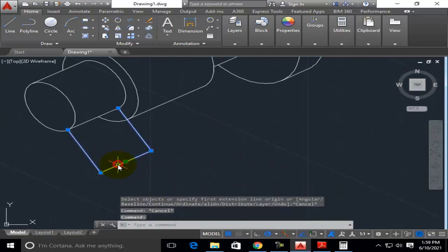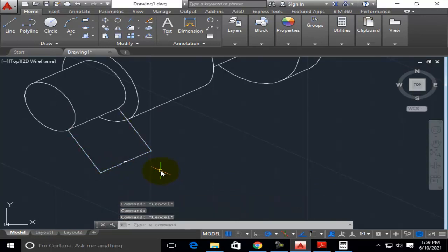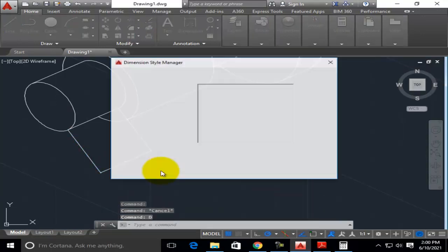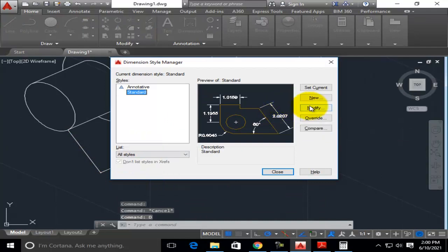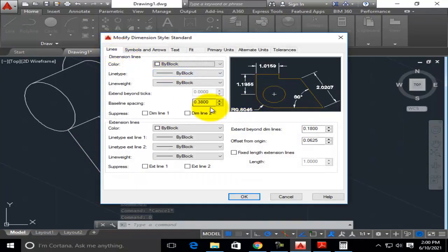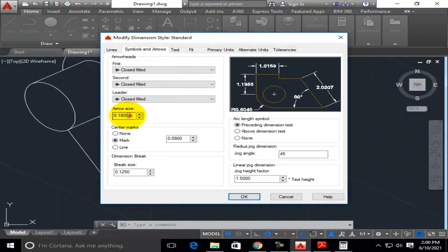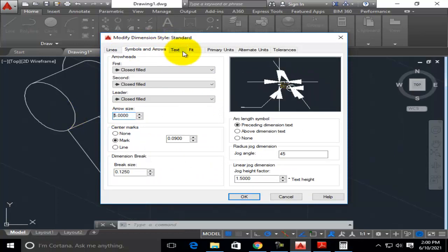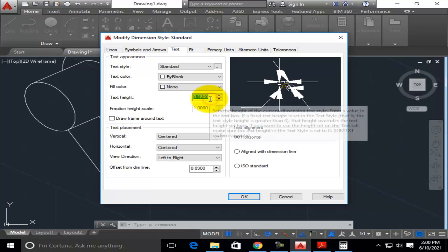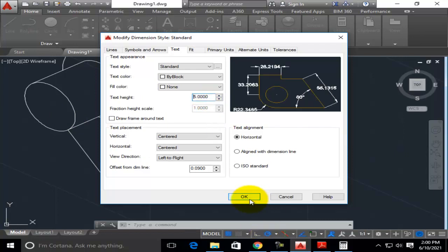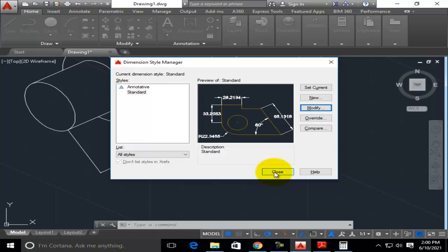Before that, I am going to change the settings first. Select the dim style option, that is the dimension style manager. Modify it, lines and all no problem. Symbols and arrows, make it 5. Text also give 5. Now click on close.